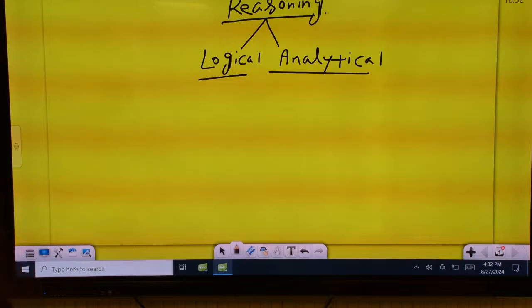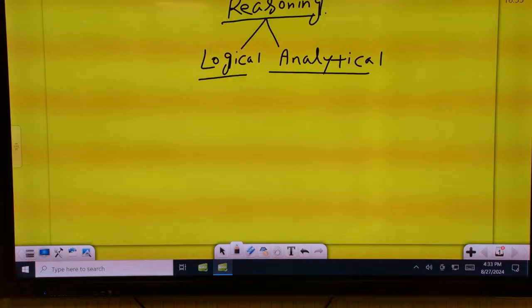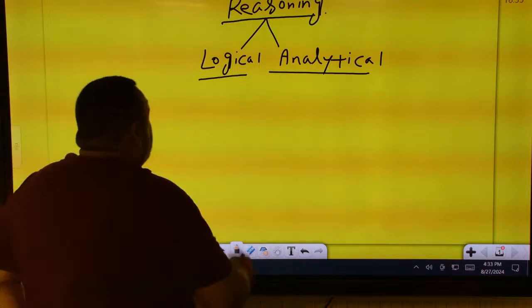It's like everyone says inverter, but the real name is home UPS. The same happens here. Reasoning is divided into two parts. First is logical, another is analytical. Done. And they ask